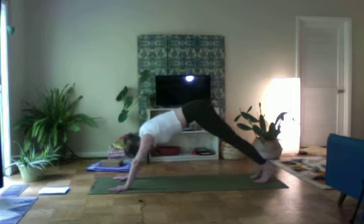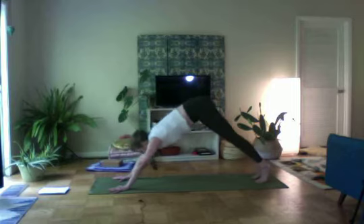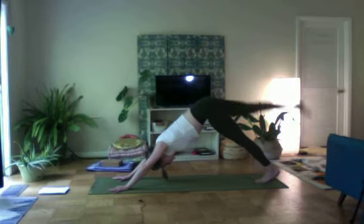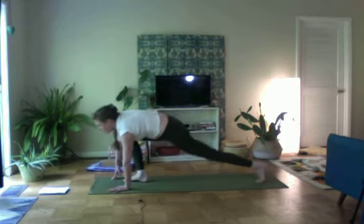And inhale, coming into plank again. Pull the elbows into the waist in your mind. Heels up, hips up. And exhale, back to down dog. Inhale, lift the right leg, three-legged dog. Exhale, come forward, look up,